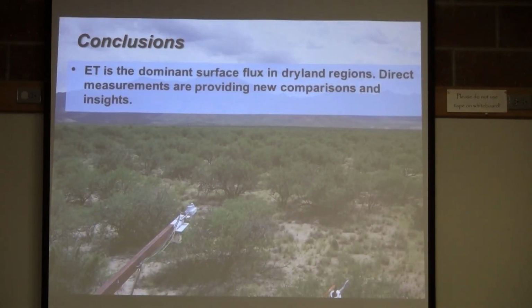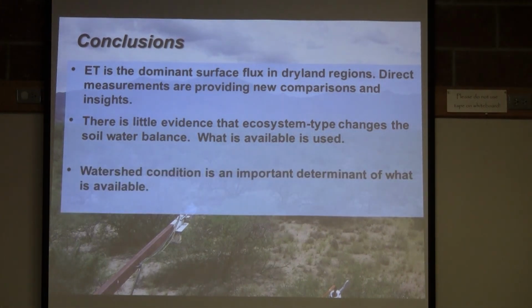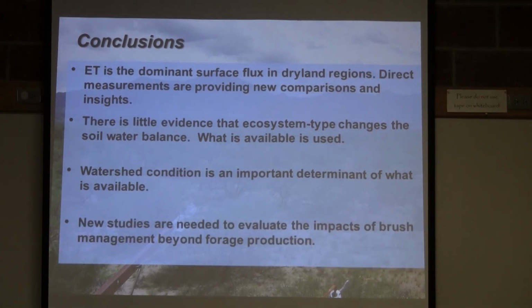And so in conclusion, ET is a dominant surface flux. The direct measurements are providing new comparisons and insights. There's little evidence that ecosystem type changes soil water balance. What is available is used. Watershed condition is an important determinant of what is available, and new studies are needed to evaluate the impact of brush management across a broader range of